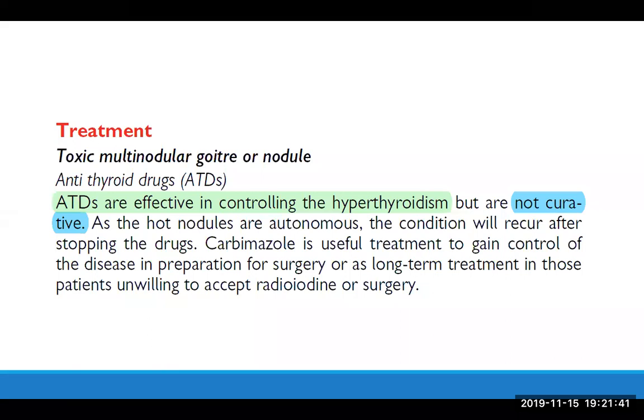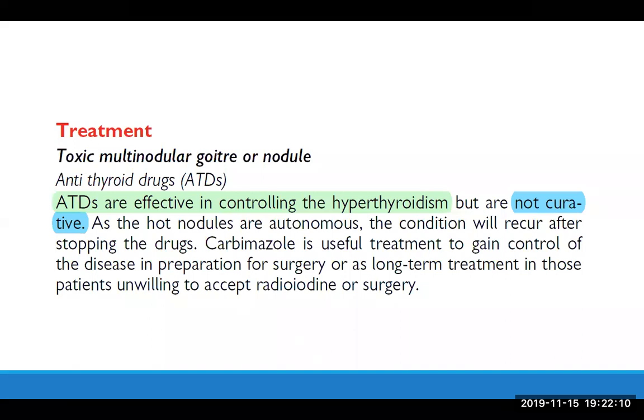This is the first one to do, and of course, TSH at the same time. After risk stratification by ultrasonographic imaging, the next step: if TSH is low, then go to thyroid scan. If TSH is normal or high, the next step is to do fine needle aspiration biopsy according to the risk stratification which was done previously by ultrasonography.